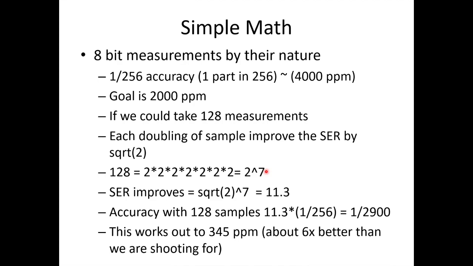Therefore, our signal-to-error ratio improvement is going to be the square root of 2 to the 7th power, which is 11.3. So our accuracy with 128 samples: we take our 1 part in 256 times 11.3, which gives us 1 part in 2900. This works out to 345 parts per million,